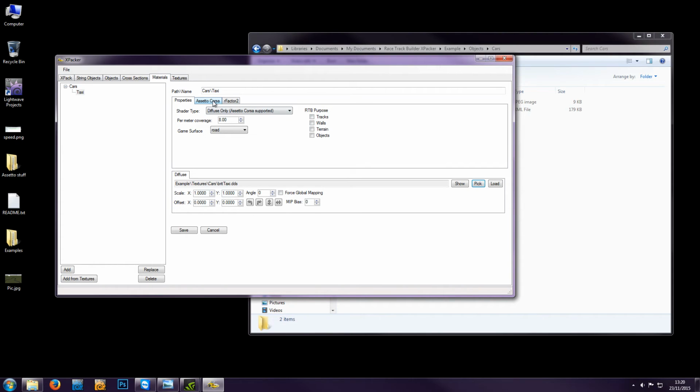If you make any changes, always click save, and then in the next tab we can ignore rFactor2. We're not doing stuff for rFactor2, we're doing stuff for Assetto Corsa. This is how it's lit. So you've got your ambient lighting, your diffuse lighting, your specular, and your specular power. Now for a lot of things you don't need to change these much. If I remember correctly,